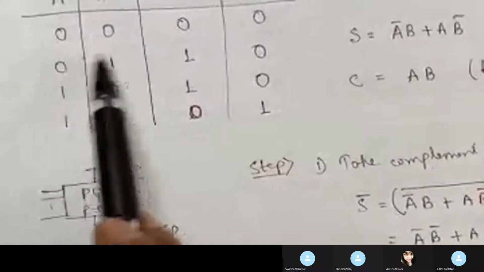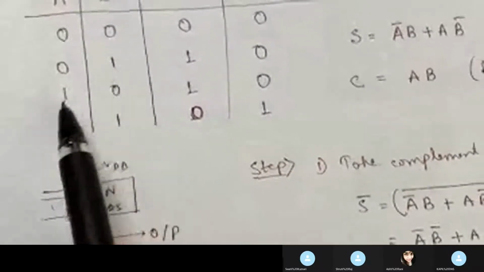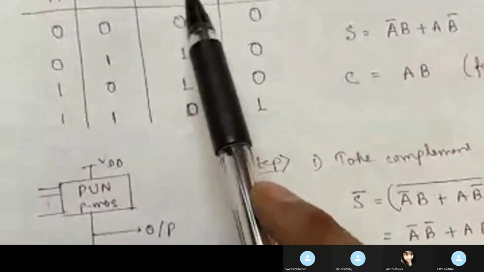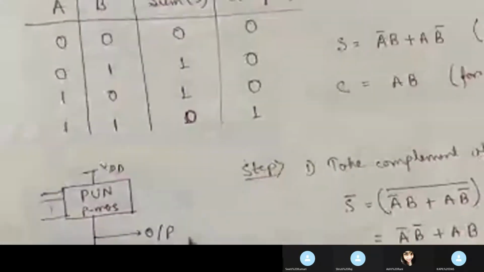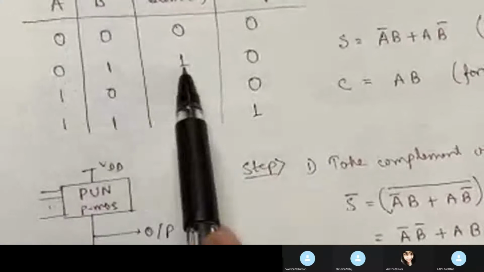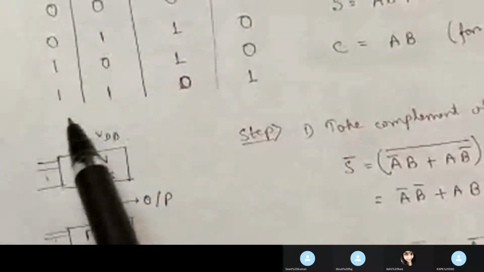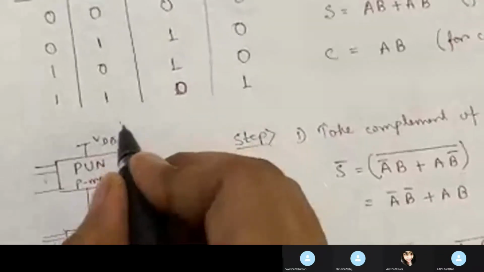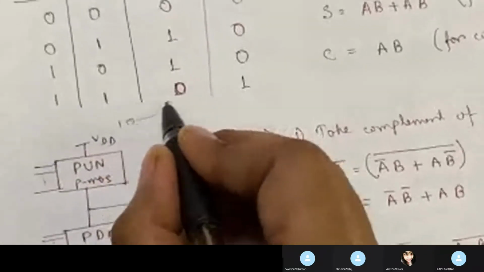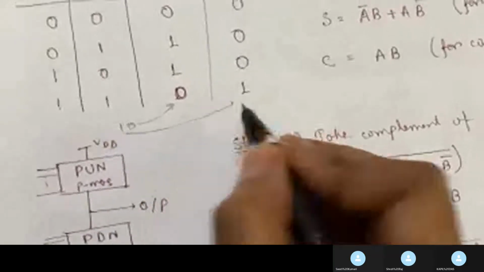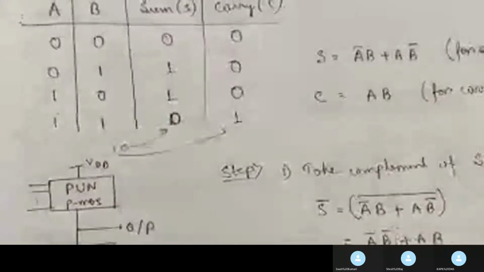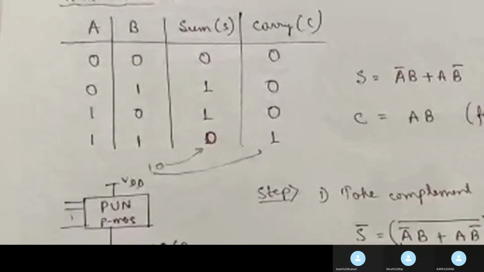so the input combination can be of four types: 0 0, 0 1, 1 0, and 1 1, and two outputs are sum and carry. If I add 0 to 0, we will get 0, so there is no carry. If we add 0 to 1, it will be 1 and there is no carry. In case of 1 and 0, same, 1 and 0. But in case of 1 1, we know it is 1 0. So the 0 has been taken as sum, and the 1 will go to the carry. So this is the truth table of the half adder circuit, right?